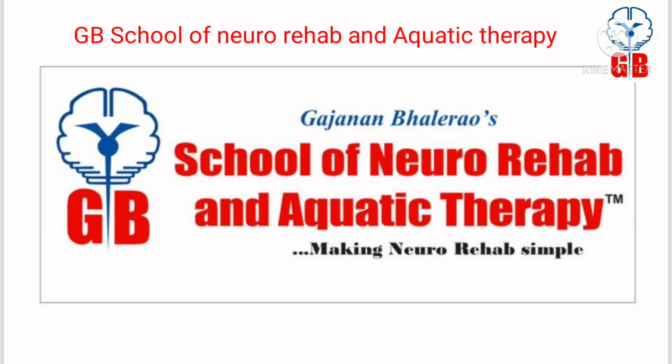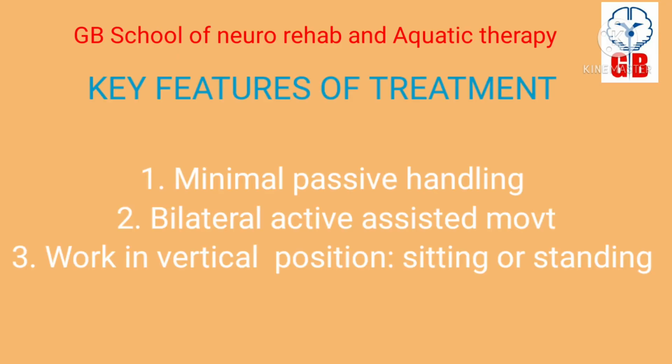Our mission is making neuro rehab simple for the therapist as well as patient. So in this case study, we are going to discuss a very simple technique for facilitation of upper limb control in hemiplegics. Key features of treatment which are used in this case are: 1. Minimal passive handling, focus on most of active movement, bilateral active assisted movement, work in vertical positions such as sitting or standing,